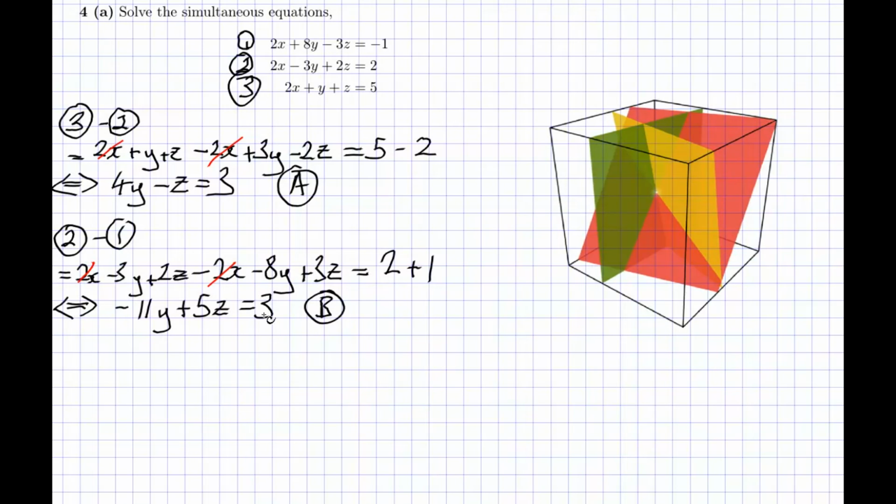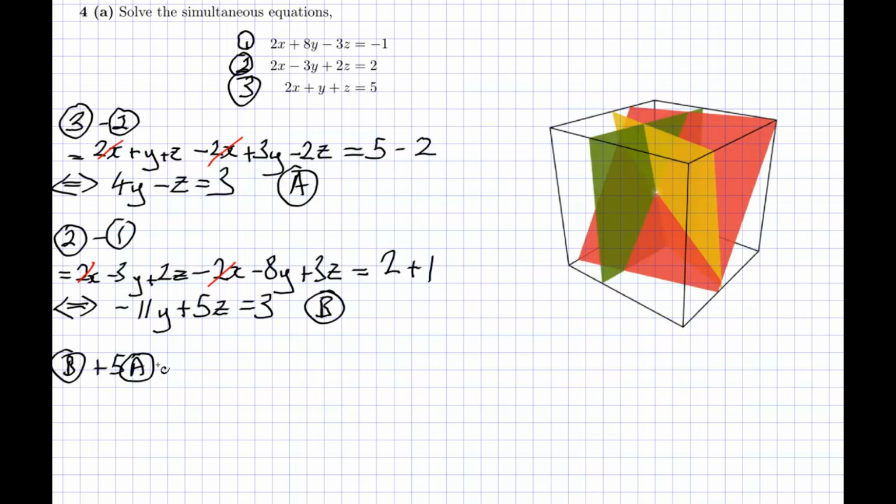So now I've got two equations in y and z, and this is a lot simpler. I can actually get this down to one variable and solve for that. So to do that, I'm going to take equation B, and I'm going to add on 5 of equation A. And I'm working with z's specifically because there's one z in equation A where there's 4 y's, and in equation B I have 11 y's and 5 z's. So the z's are the easiest ones to work with